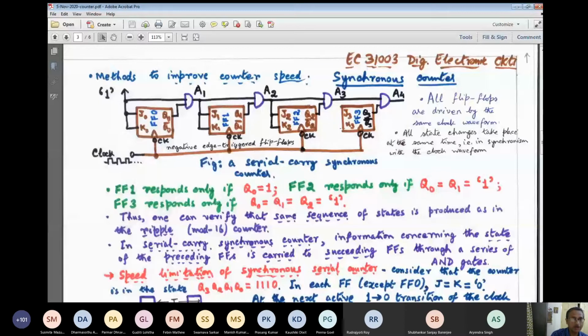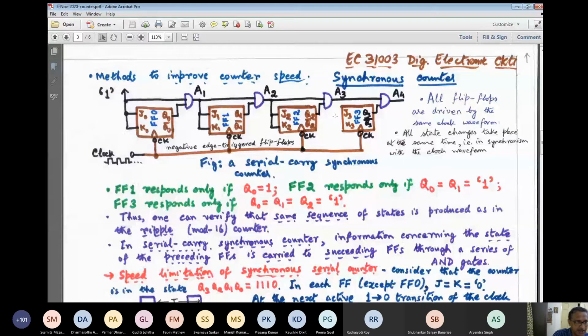Oh, I'm sorry, I'm giving a wrong connection. This connection should be to J3, K3. Please correct this. The output of this third AND gate, A3, should be connected to J3 and K3. Sorry for that. I believe all of you have got the mistake, no? J3, K3 should be connected to the output of this, and this point should be connected as well. That connection I had missed, so J3, K3 remained unconnected. It will not work, it is floating. So it should be connected to A3.